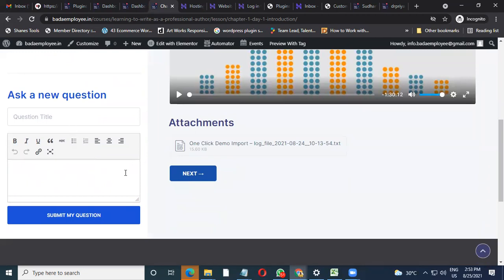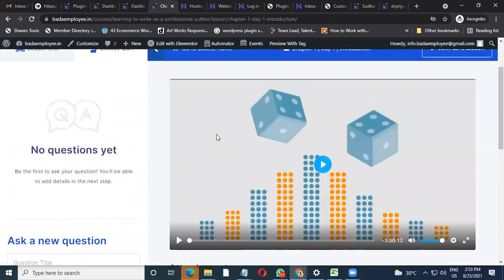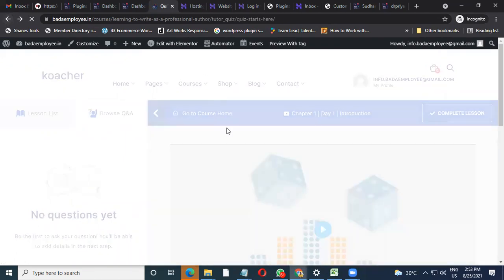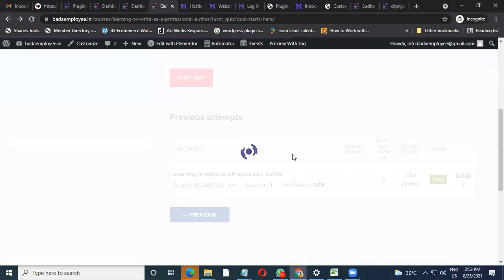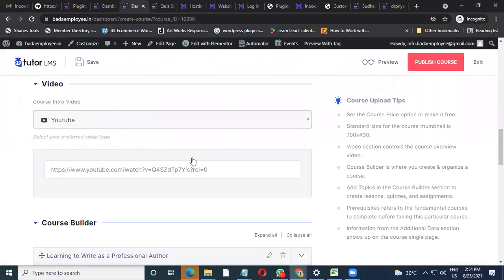Now, this is also going to come into your dashboard, and you can respond to the student queries by directly replying to him, and this reply also comes to his dashboard. So in the student dashboard, he will be able to see the response, and you also get all the questions into your dashboard itself. So this is how the function majorly works for quiz and other things, putting up your course.